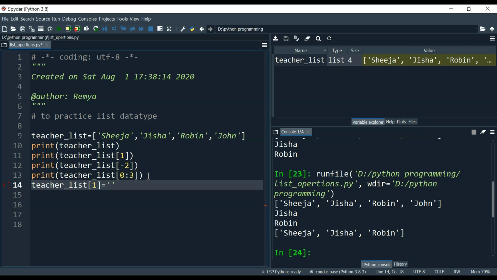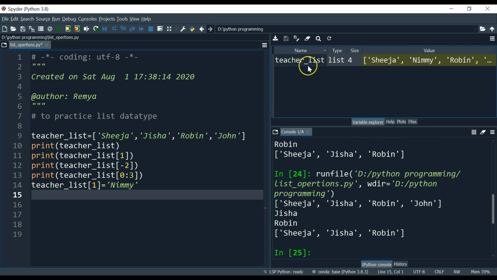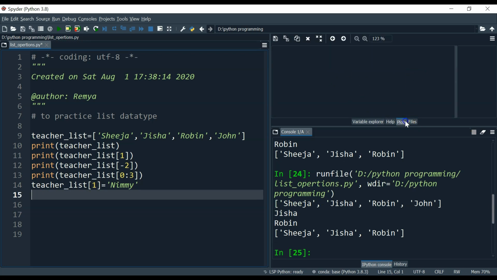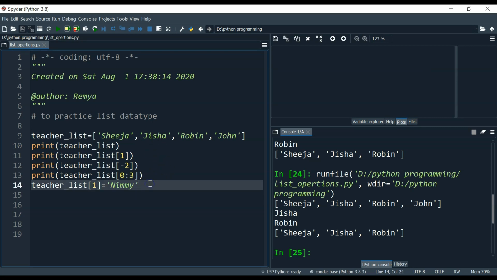I'm giving the name Nimi. So I'm going to change Jisha in this list, and instead of her name, Nimi will come. Let's see what's the output now. You can see the Jisha value is being replaced by Nimi, right? This is one way of replacing it, or you can simply replace Jisha with Nimi with some other function that I will tell you later.